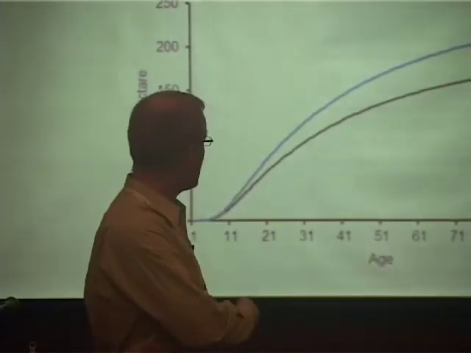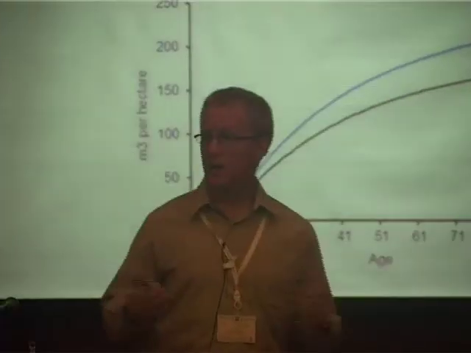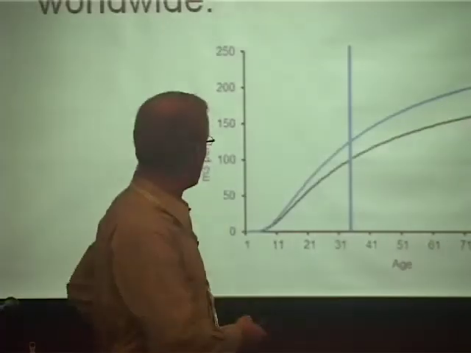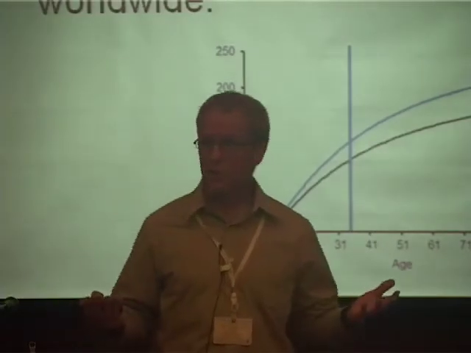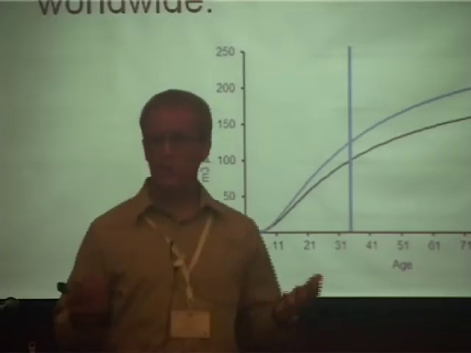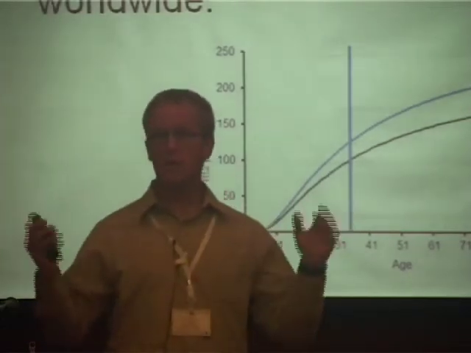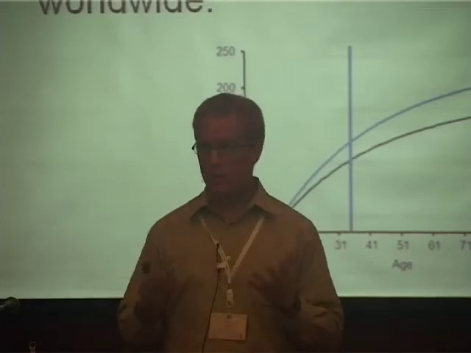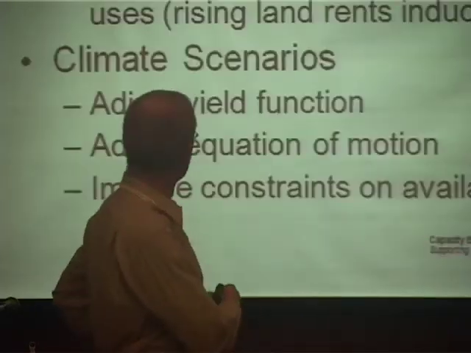It can either be up or it can be down. Keep that in mind. It's going to depend on whatever the ecosystem model projects for a particular species. We also have to account for these disturbance factors. Disturbance factors can basically take an existing forest and convert it to no forest, right? So just keep in mind that the economic model has to account for these types of factors when you're trying to conduct the economic analysis.